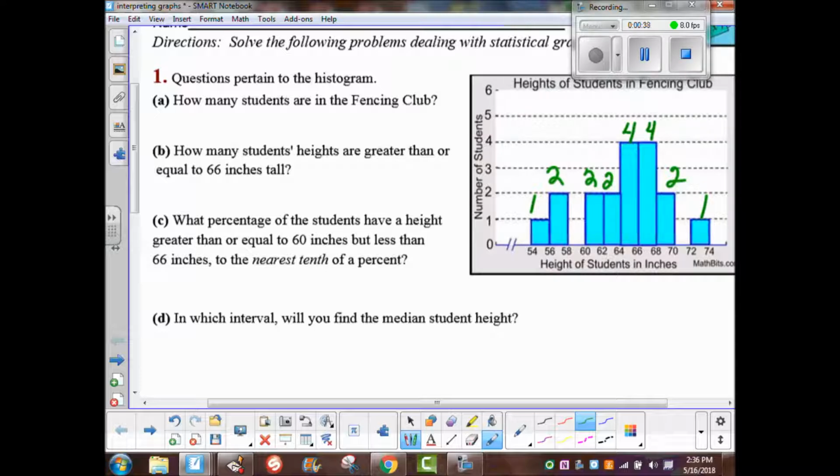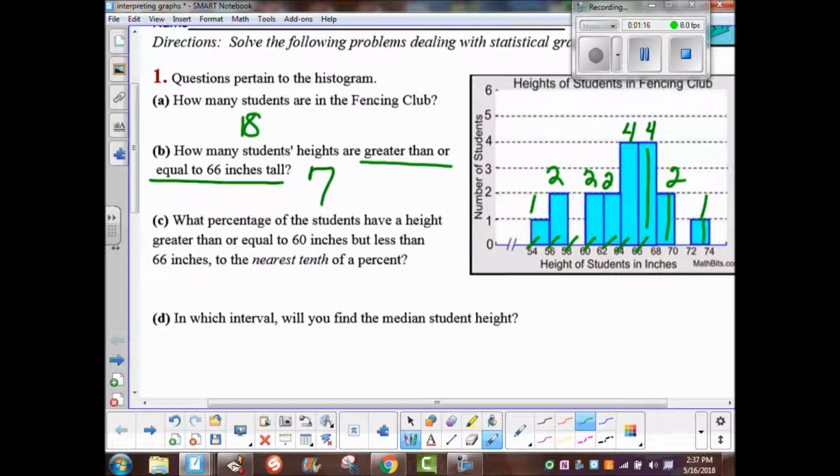Who's got it? What do you got? 18. Okay. Now it says how many students' heights are greater than or equal to 66 inches? Let's look at the way this is labeled. 54 would be for that first bar, then 56. Nobody falls in the 58 range, 60, 62, 64. Here we go, 66 or greater. So we want this bar, this bar, and this bar, and we end up with 7 people